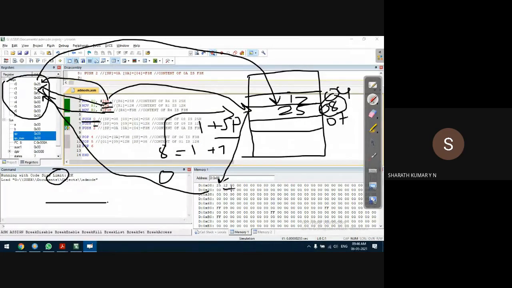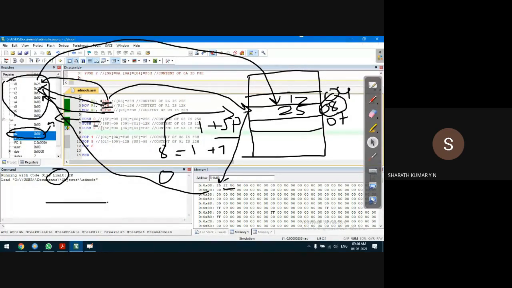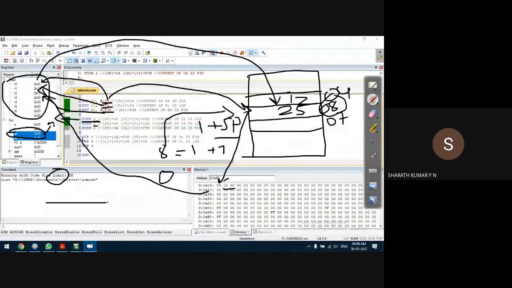In fact, the stack pointer address you can also see here. Each time we execute a push instruction, the stack pointer is incremented by one. For the next execution, we have to observe at least two locations. One is this stack pointer content, another is this location content.